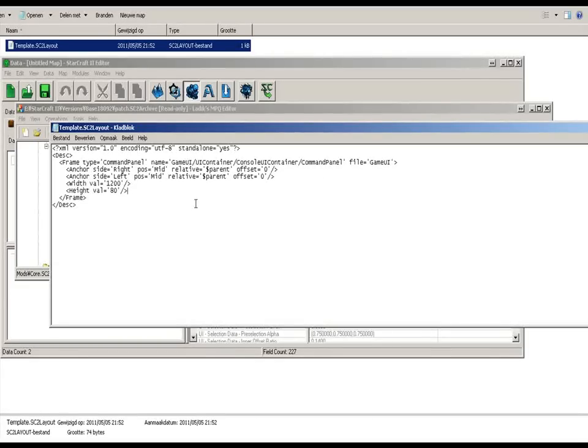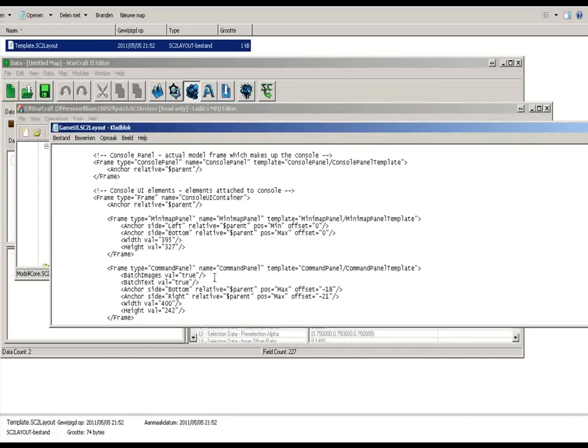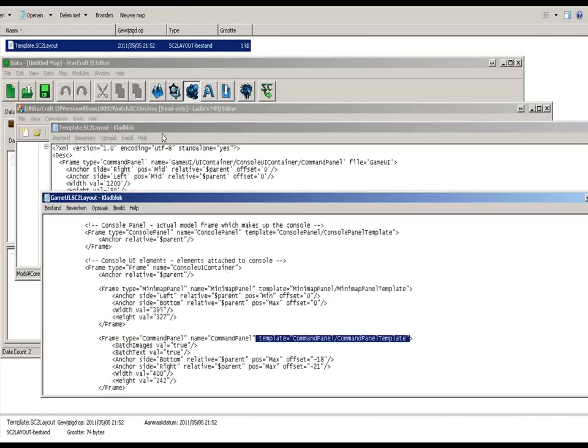Now let's go look at the command panel. See, I just had the game UI open. What does it say? Command panel. Look. Unlike here, it has a template. Unlike what you see here, there is no template listed. So let's see. Template is command panel / command panel template. Now, if you want to read this correctly, you will read command panel. The first bit is the file in which you need to find the template, and the second bit is the name of the template. So let's see, the first bit says command panel, so I would need to find the